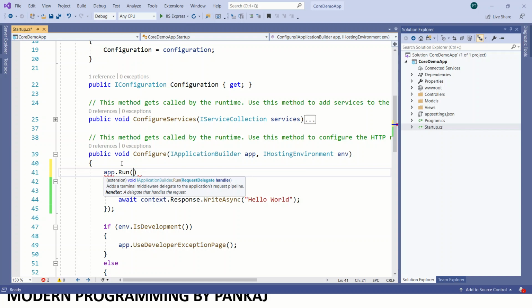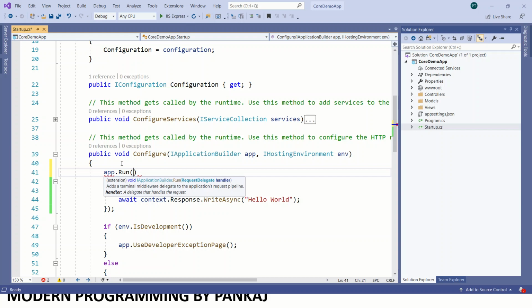It is a public void, and it takes a request delegate. The run method is an extension method on the application builder and accepts a parameter of request delegate. See, it adds a terminal middleware delegate to the application request pipeline.